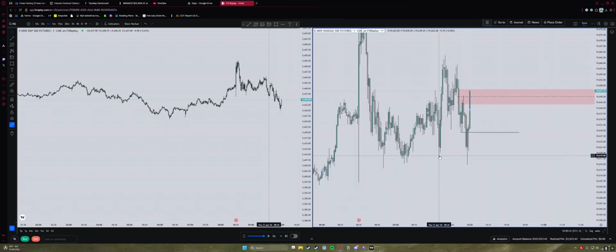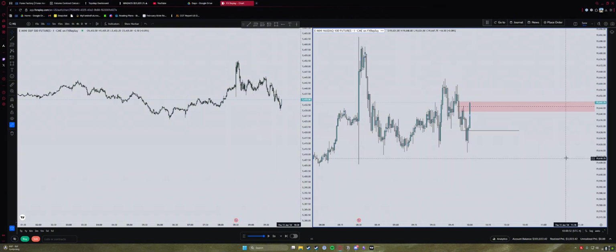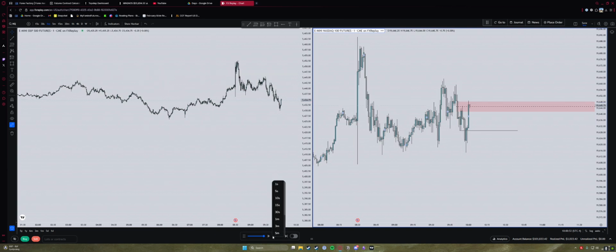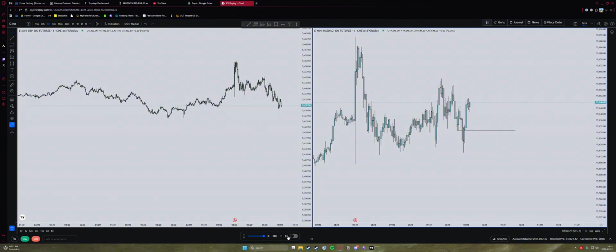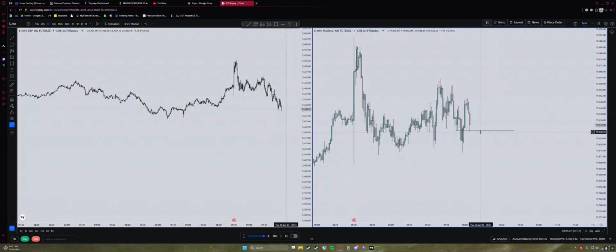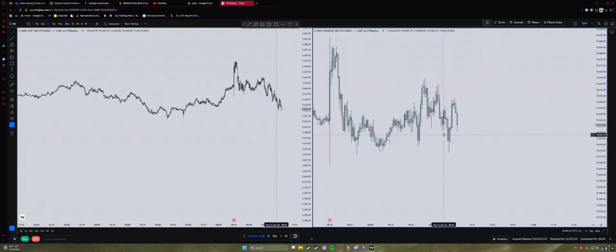Should have maybe reduced risk or taken off some contracts here when we got an SMT again, but yeah, it's easy to say afterwards. I'm still going to look for trades, I think, because we still have the low resistance left. I'm going to look for shorts down to there if we can inverse something here. Also SMT with the highs.